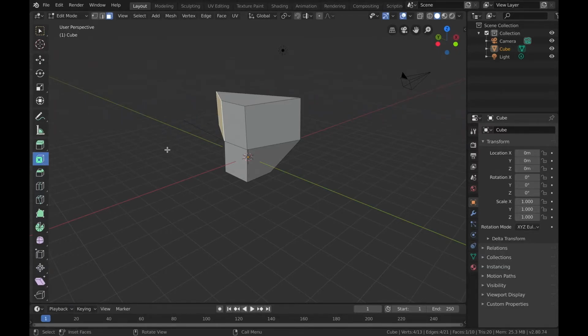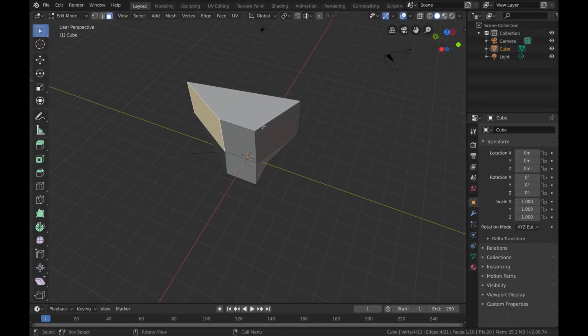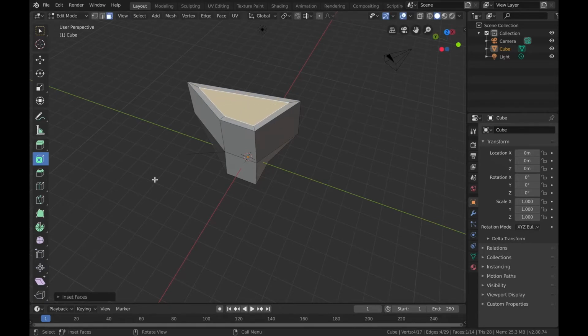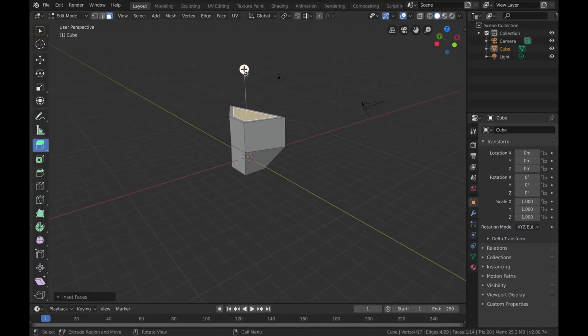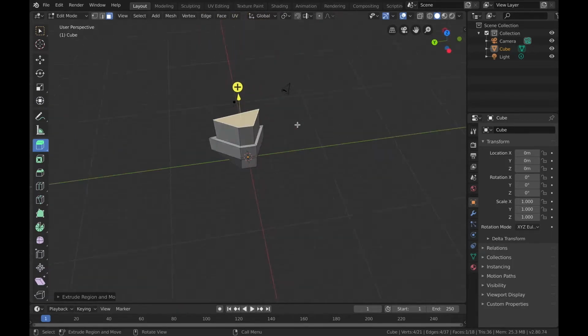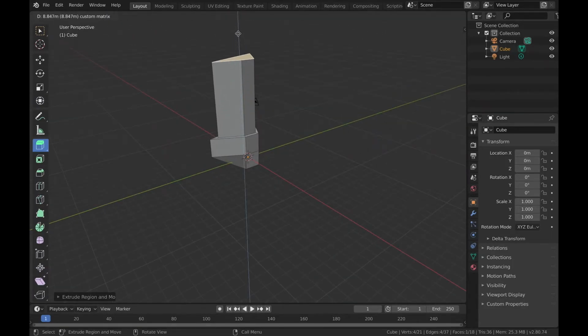The next is the insert faces tool. Select any face, select the insert faces tool, click on it and move the cursor, and you can see a face inserted and the new face is automatically selected, the one with the yellow color, and you can see it moving. Now to extrude your new face, you can select the extrude tool and click on this plus handle to increase it, and to further extrude it you can select the arrow mark and change it.